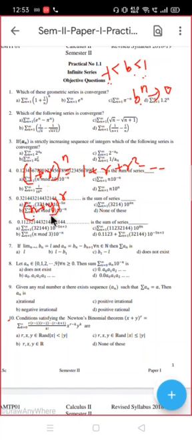So what will I do? Whichever is the smaller one, or you can say smaller than 1, or maybe smaller values. Say x is the smaller value, so I will take x outside. So if I take x outside, it will be x raised to r and bracket 1 plus y upon x raised to r. Is that clear?